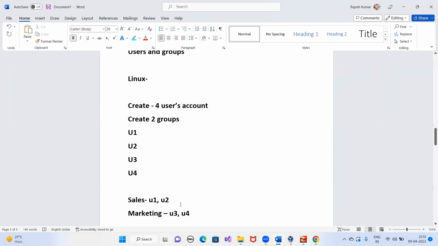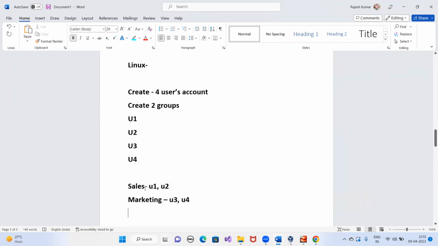Just do this. Now what we will see in the permission, we will give the permission to this group on a particular file and folder. Suppose we will create some folders and we will give the roles to this group, that they can do editing, they can read the content. We will see all the permissions on the file and folder on these groups.